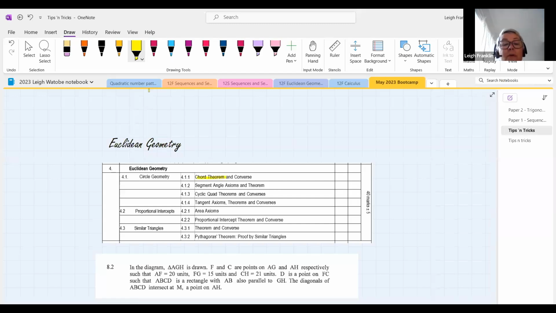So it's your chord theorems. Okay, so line from center perpendicular to chord, line from center to midpoint of chord. Then when I talk here about your segment angles, these are the angles on the inside of circles. So this is angle at center is twice angle at circumference, angle in a semicircle, and angles in the same segment. So maybe what I should do is write those down. Okay, so your chord theorems are